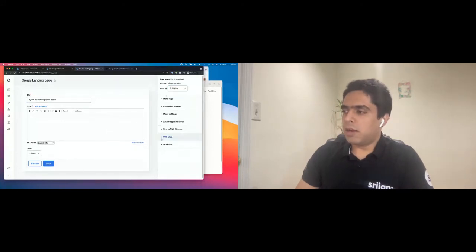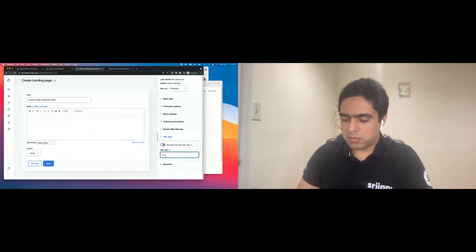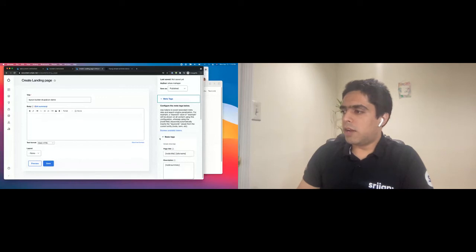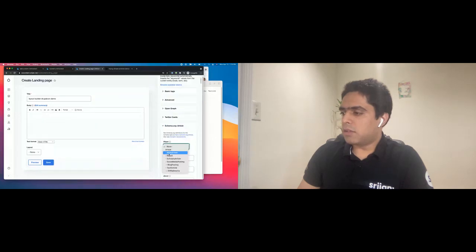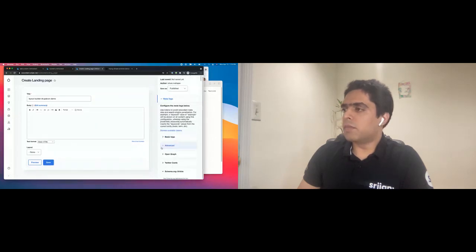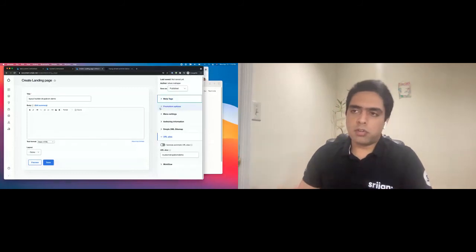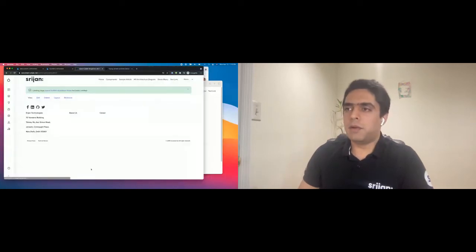So as I mentioned, with Easy Content, I can also override the URL. So let's give a custom URL here for the page. So custom DrupalCon demo. So I'm changing the URL alias of this page. I can even change the meta tag. So you can see we have some basic tags here. We have schema.org. So I'm going to select, let's call it a technical article. Again, these are standard contributed modules features that you might be putting into your traditional Drupal sites, but you want to make sure you're able to leverage all of this with decoupled implementations as well.